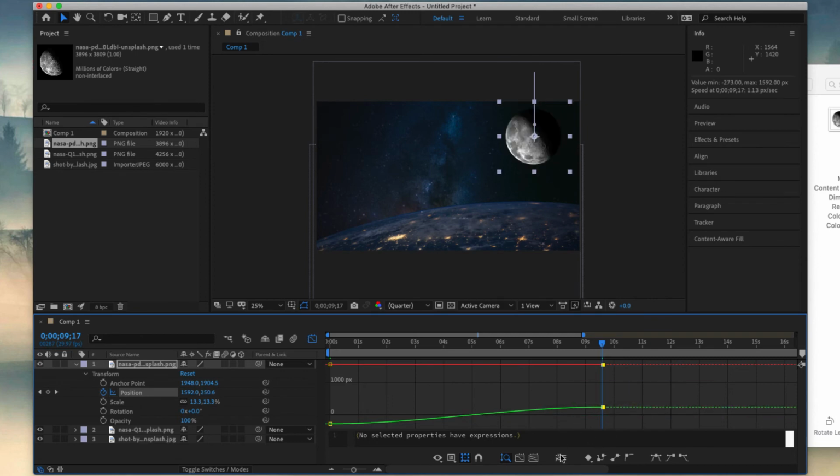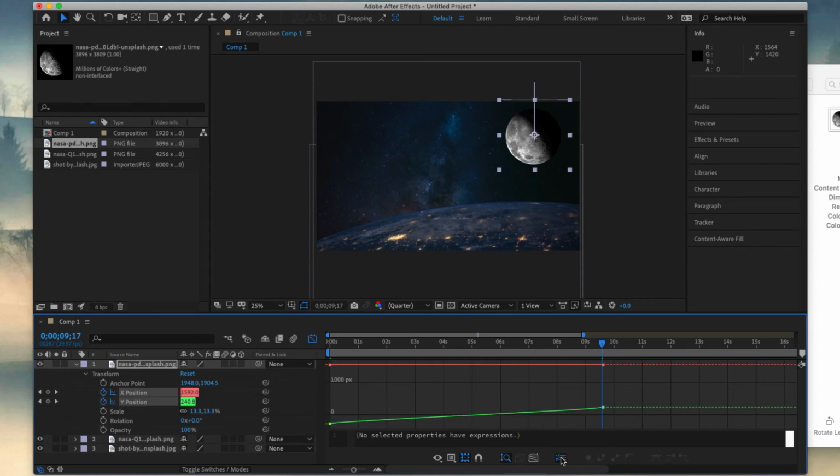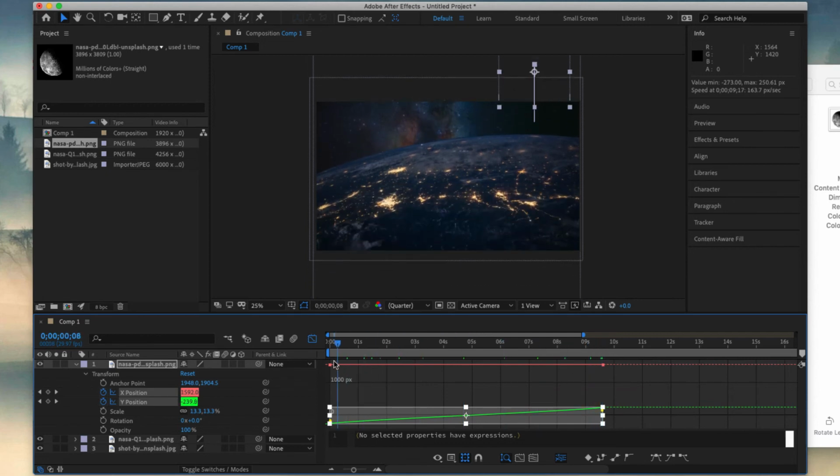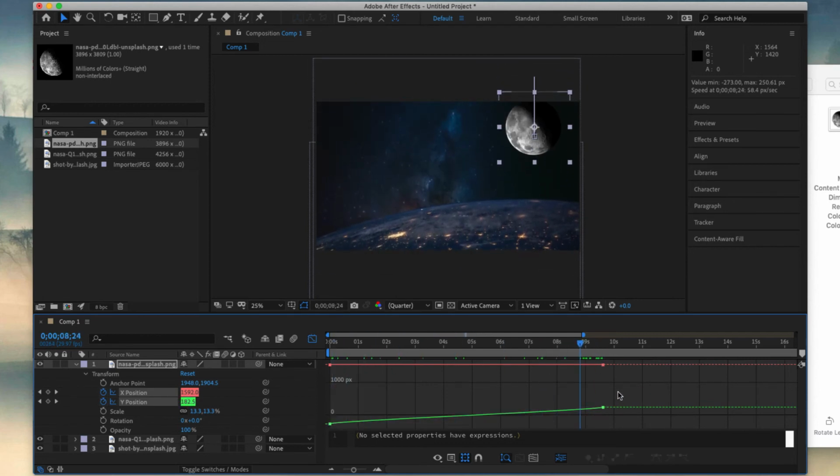What I'm going to do is tell it that I want to separate the X from the Y, and then I'll get tools, I'll get methods to be able to modify it. So I click this, right? Now we can see that my nice little Bezier curve is gone. So once again, it's just linear. But that's fine, because now when I click, if I do audio Bezier right there,